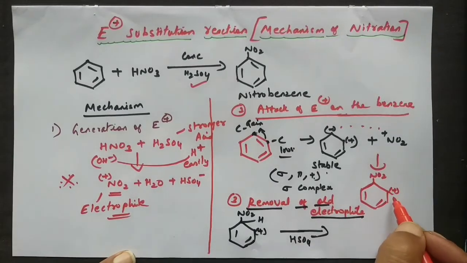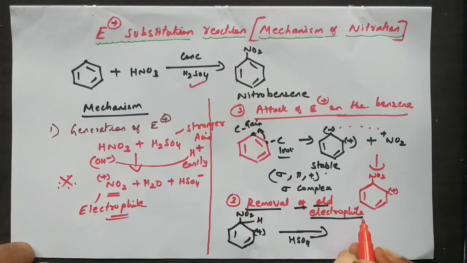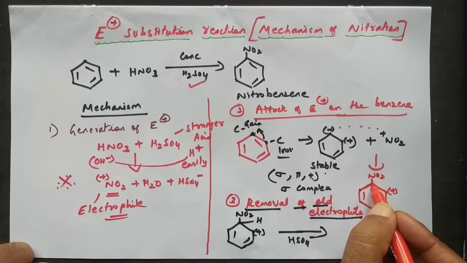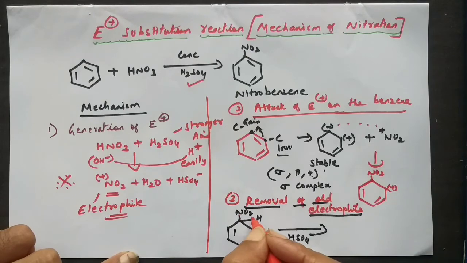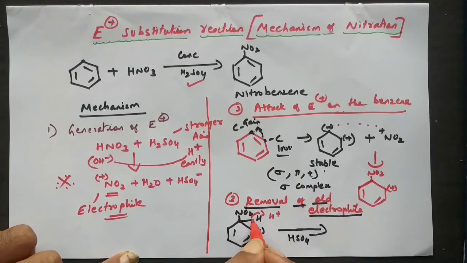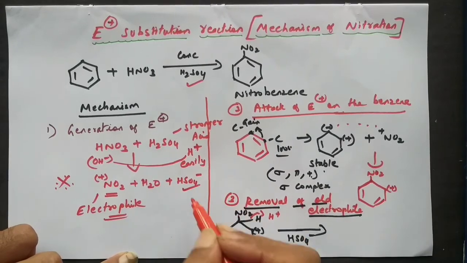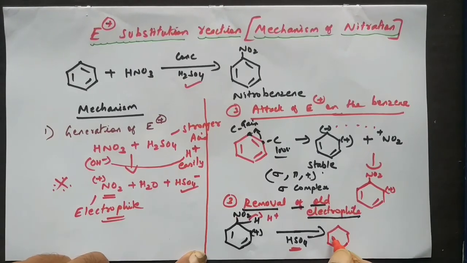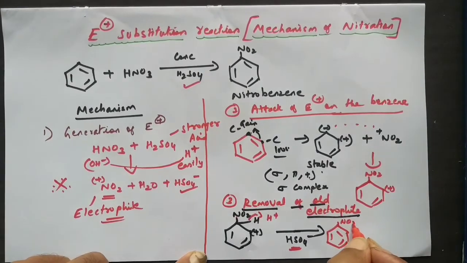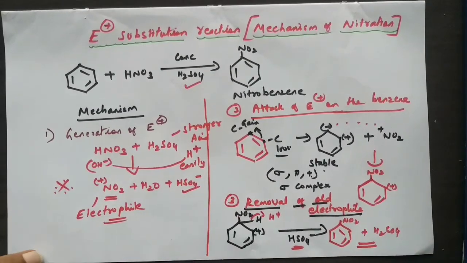Final part. After this reaction takes place, there is removal of the hydrogen. In benzene, every place we have a carbon and a hydrogen. Now we have the NO2 and the hydrogen here. This hydrogen comes out as H plus, leaving the 2 electrons, so once again the double bond is formed here. This H plus combines with HSO4 minus to form sulfuric acid. Finally, the double bond is restored once again. It will be nitrobenzene plus H2SO4. This completes the mechanism of nitration of benzene.